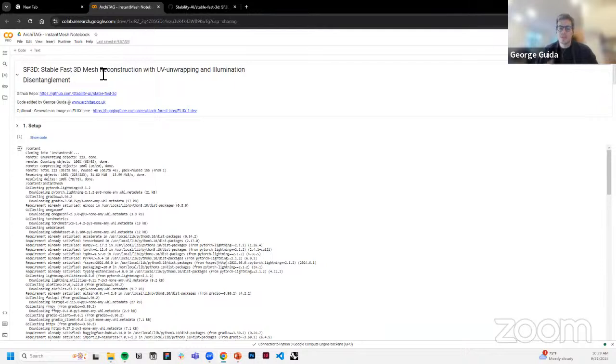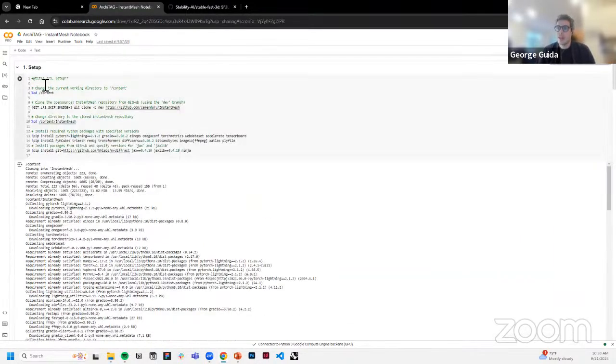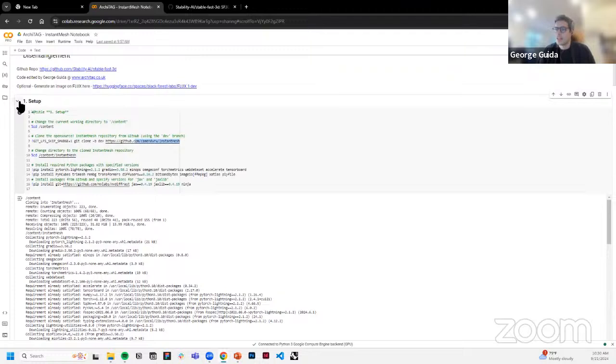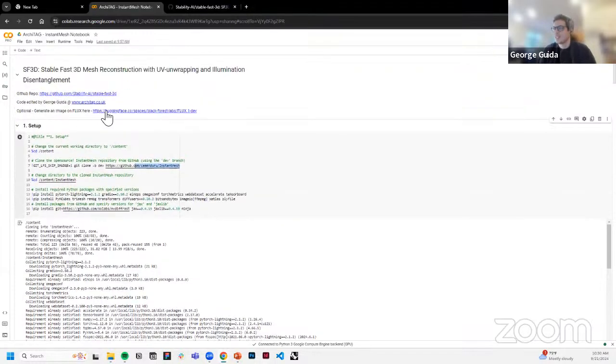So Google Colab has been a really great resource for any of this ideation, this testing before production or before putting things on the web. And so the very first cell right here, these are called cells, is to essentially clone this GitHub repository. In this case, it's using Instant Mesh. And one way in which you can prepare to use this is